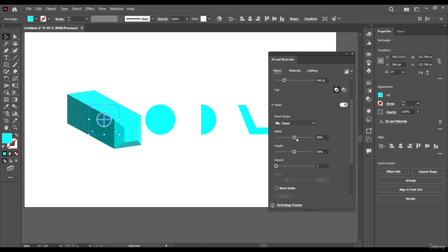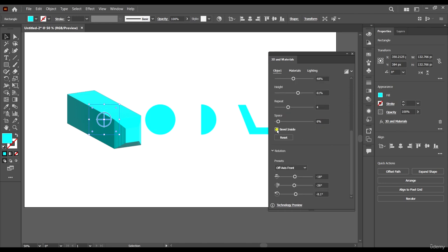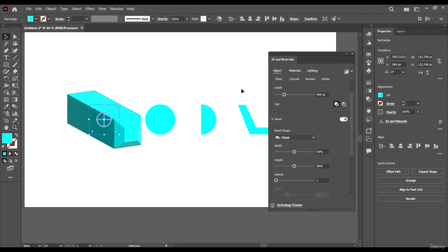We can even determine their width, okay, with this one, the width and the size, or rather the height, and also the amount or the quantity or copies, right? Now we have 3 copies and we have 4 copies now, and you can see how they update. And we can even determine the space between the copies, right? The spacing. We can make the spacing big, we can make the spacing small, and then we can choose whether to bevel inside or outside, and then we can reset to the normal, and we can remove the bevel, and